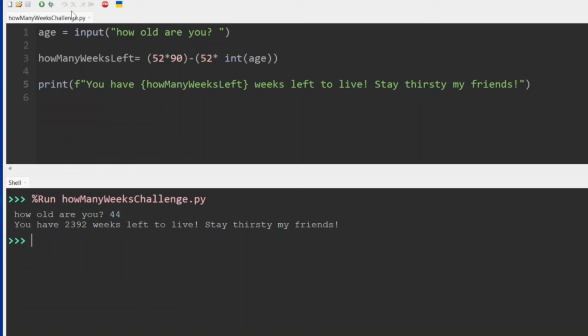Let's see. It's kind of creepy, but I use one of my kids' age. Let's see, my daughter. She has 4,160 weeks left to live. Okay. Did you come up with this? I gave you a really good head start. So hopefully we see